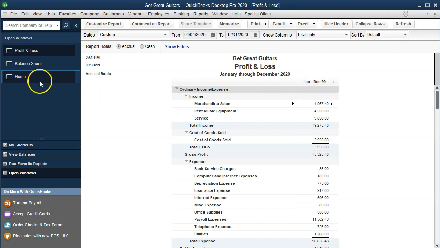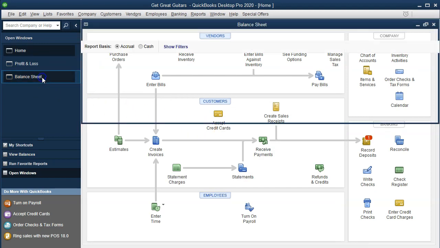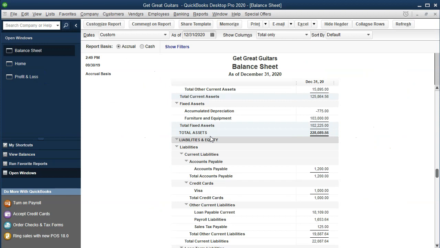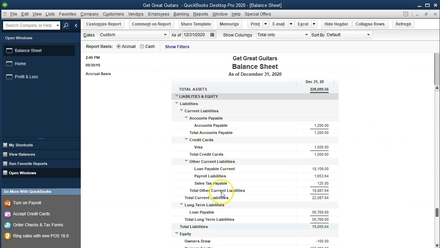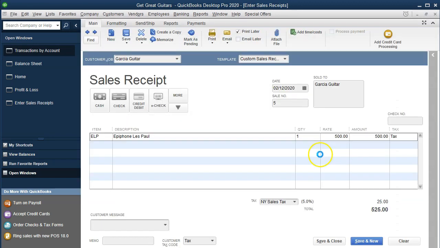Back to the home tab, the payable account, back to the balance sheet in the open windows. The payable account is in the liability account. This is similar to an invoice where we have the sales tax payable, double clicking on that. And we see these being generated from time to time by the sales receipt. So here's the sales receipt generating that $25. Closing this back out,